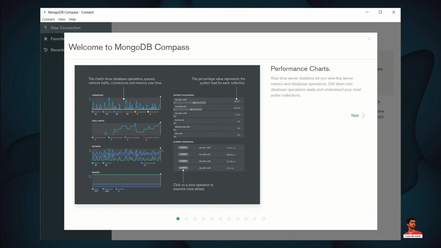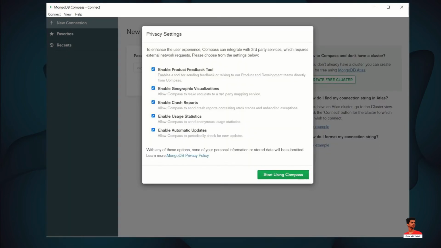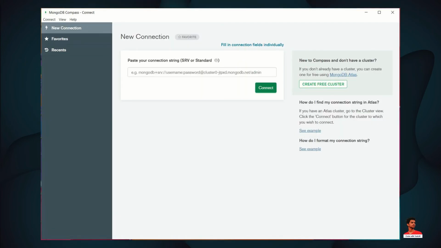Here, this is MongoDB Compass. MongoDB Compass is a powerful GUI for querying, aggregating, and analyzing your MongoDB data in a visual environment. Compass is free to use and source available, and can be run on macOS, Windows, and Linux.